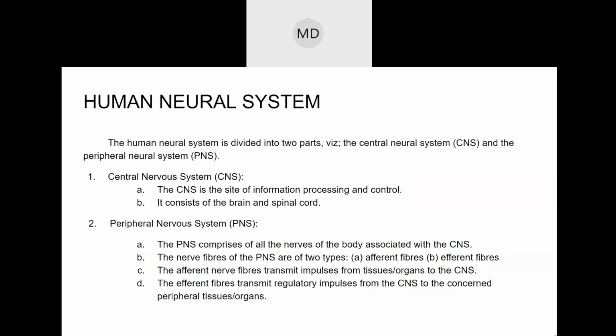Now nerves or neurons, all of you know neurons. Do you know the structure of a neuron? I know you have studied all this in school, and those from the science stream studied the structure of a neuron in higher secondary too. So neurons and nerve cells are all included in the peripheral nervous system. Neurons are also of different types. The nerve fibers in the peripheral nervous system are of two types. These are not the types of neurons. The nerve fibers are of two types: afferent and efferent.